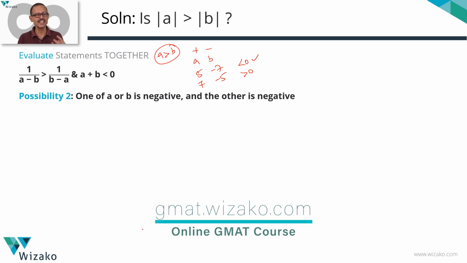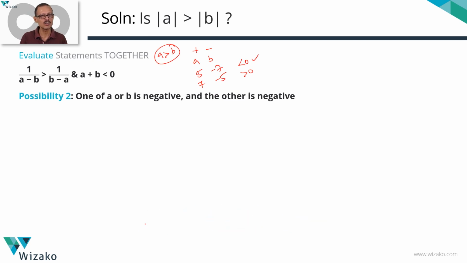It's essentially saying, I have 5 rupees with me, I have $5 with me. You take 7 rupees from me, you take $7 from me. If I had only 5 and you're taking 7 from me, I'll end up having lesser. I'm borrowing to give it to you. Conversely, if I had 7 with me, which is a positive number, you took only 5 from me, I'll still be left with something. So unless what you took away from me is more than what I have, I will not end up with a negative number, which means the magnitude of the negative number has to be greater than the magnitude of the positive number.